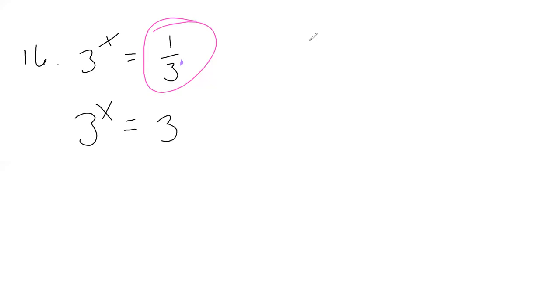This becomes 3 to the negative 1, because anytime you move a base across the fraction line, the exponent becomes negative, and it started out as a positive 1. So I move it across the fraction line, it becomes a negative 1, which then gives me my exponent would be negative 1. And then for 18,